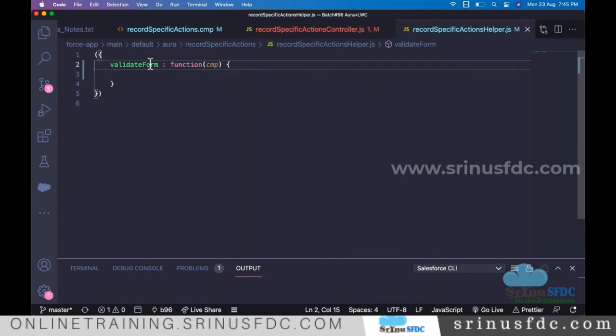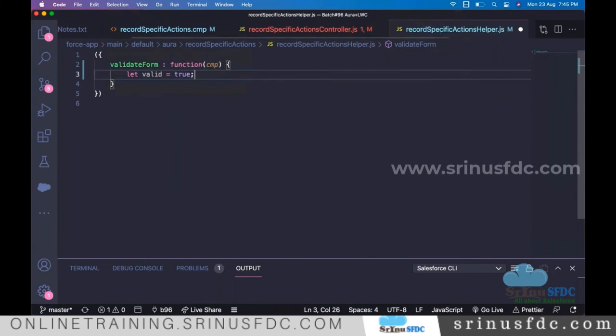So here we are going to write the logic. It is going to return valid; by default I'm saying valid is true and return valid. But in between, if you find something invalid, we are going to place that value as false.